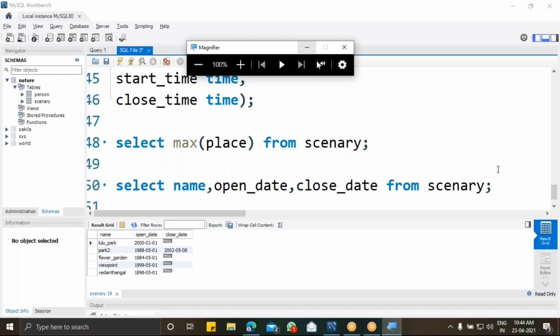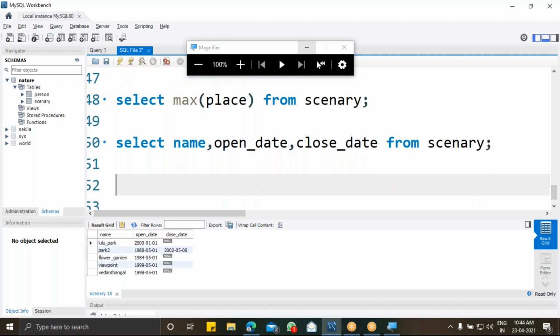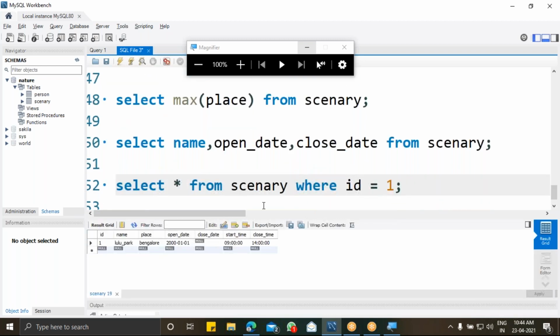For example, here I'm going to select star from scenery where ID. If I give the ID as 1, this will give only the row matching 1.